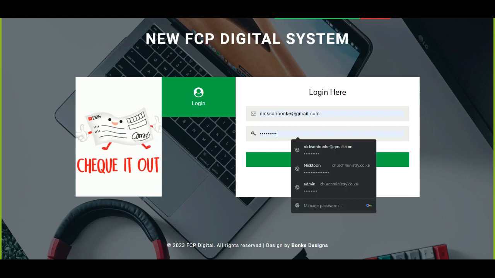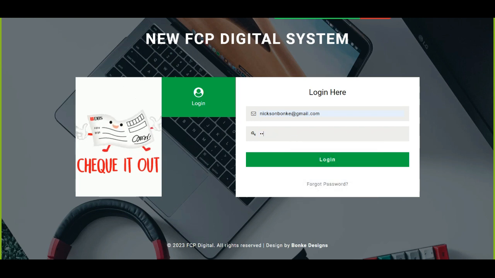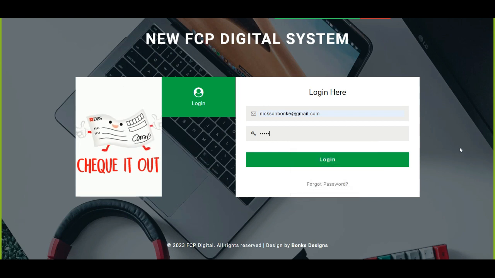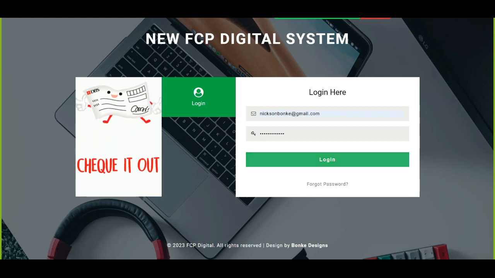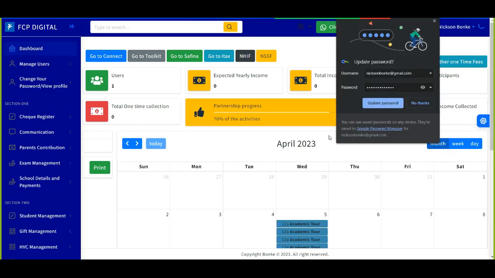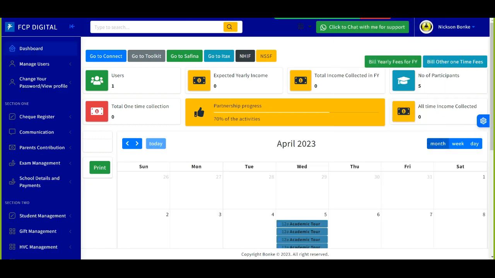link that I'll share with you, or the one that you'll get after we have activated you, you'll just type your password here, and then you click login. So you'll be able to log in successfully. All right, so that will be a login. So you'll be able